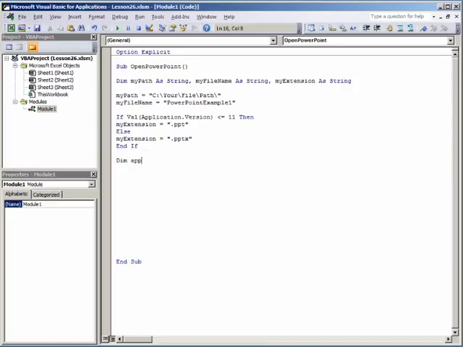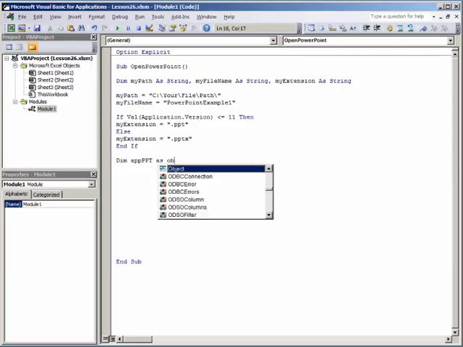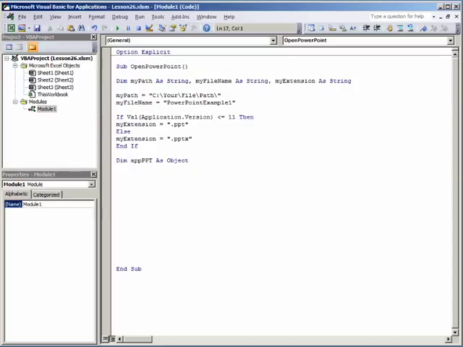So it's app_PPT that I'm going to name the variable for the PowerPoint object that we're going to create. And now you say Set app_PPT, the variable name, equals, and this is the key, CreateObject, and in parentheses the name of the object that you are creating, which is going to be PowerPoint